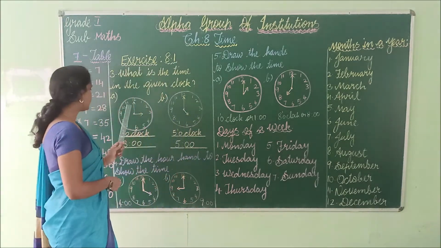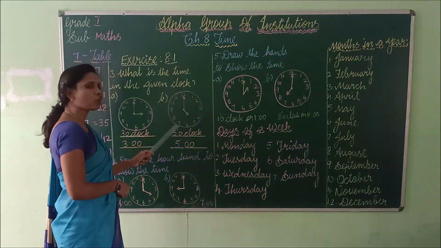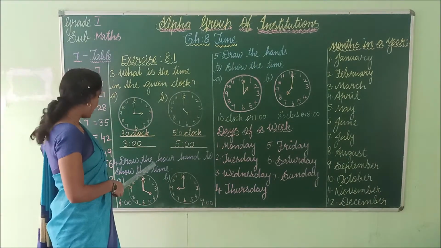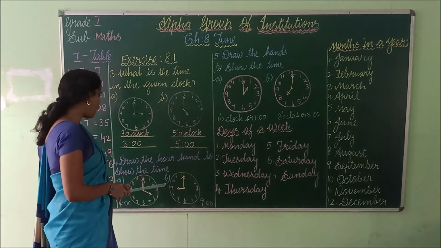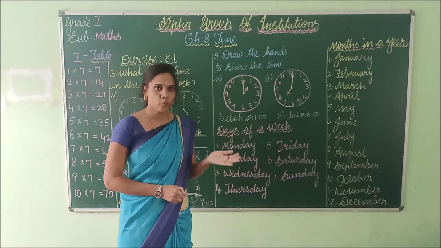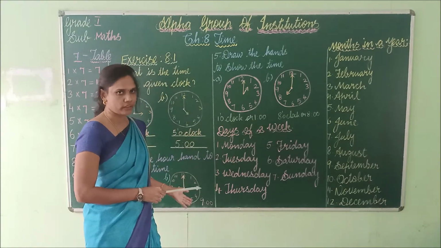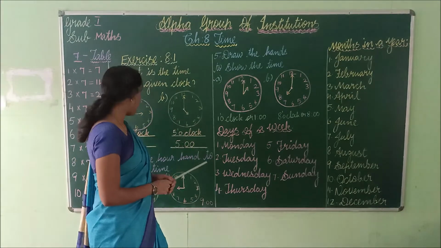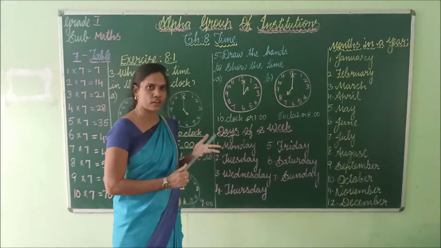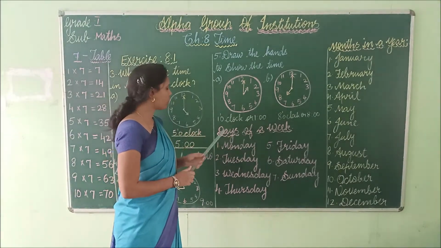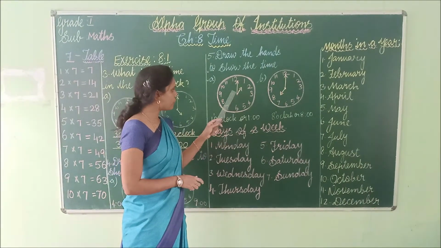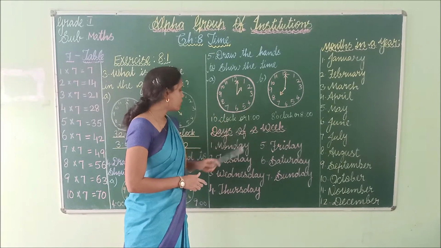See here they have given hands and a clock. We have to find out the time in 2 forms. And the second one, draw the hour hand. The minute hand, the long hand, is already given. We have drawn the short hand. So that one is over. Next one. Here they didn't give any hands, neither short hand nor long hand. We have drawn according to the given time. We have drawn both the short hand and the long hand.